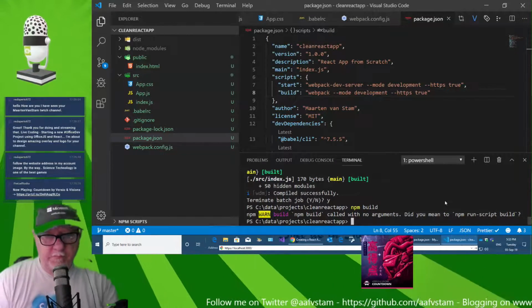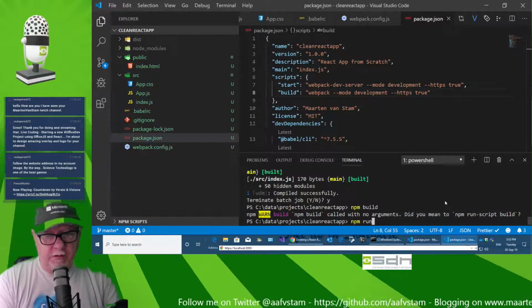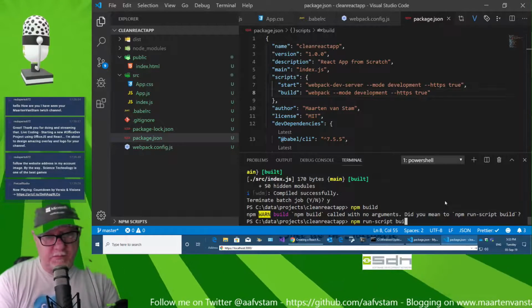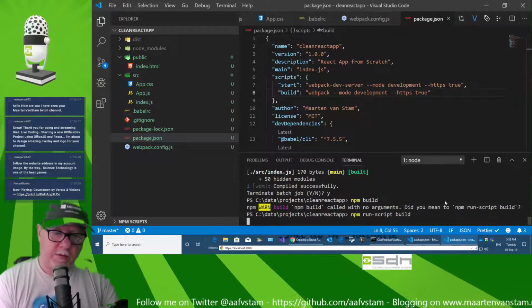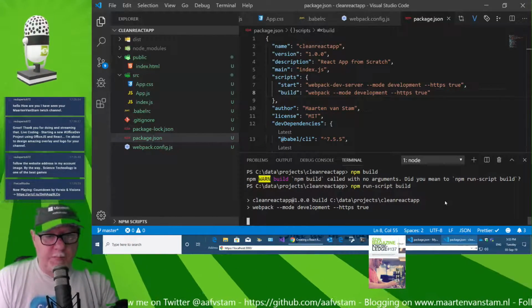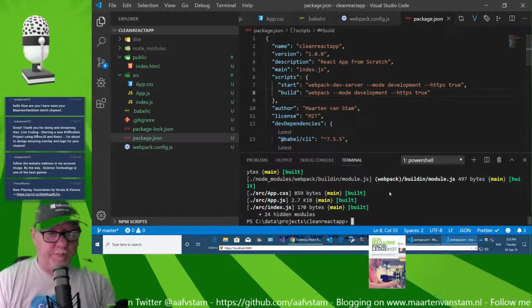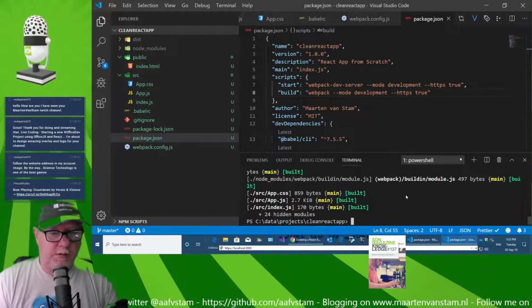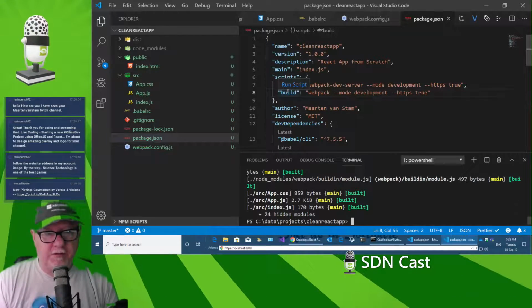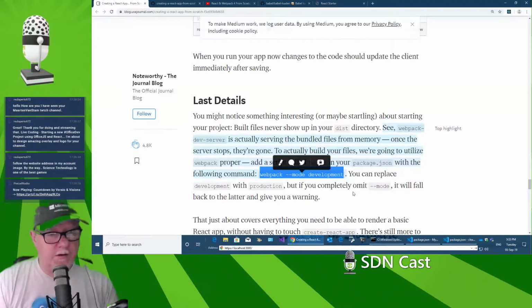Okay. npm run script build. So this just builds it. It's not running it, I think. Now it should be